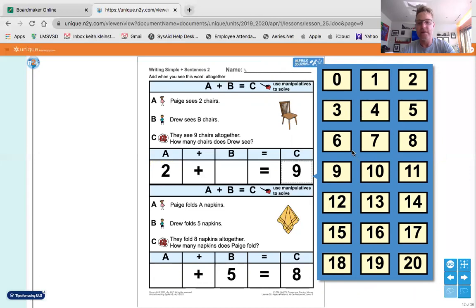So then we've got to go, what plus 2 would be 9. So we can go up here and actually use this little number chart to figure that out. If we started at 2, we can either count back from 9, go back 1, 2, which brings us to 7, or you can go the other way, count up, which is 1, 2, 3, 4, 5, 6, 7. I think for our kids, it's visually easier to count back 1, 2,